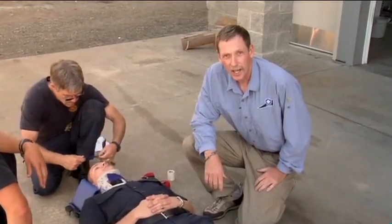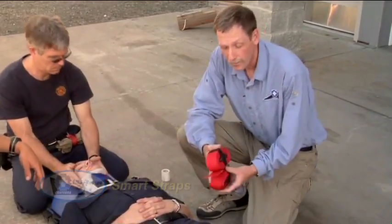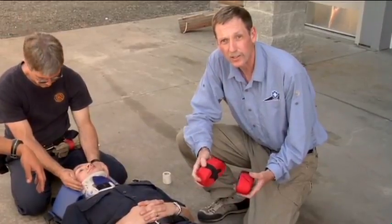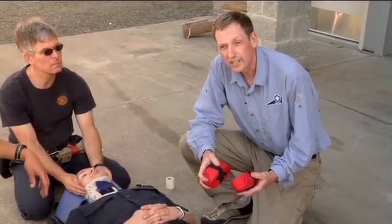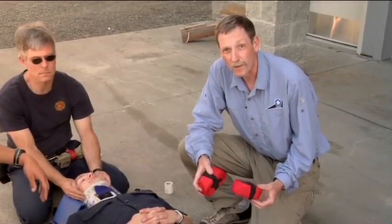What I'd like to demonstrate now is the use of the Conterra smart straps. These were designed mostly for technical work as well as ski patrol and mountain rescue work. But they found their way into just about every aid car in the United States. It's a variation on an old D-ring strap format, but done in a smart way with a very strong